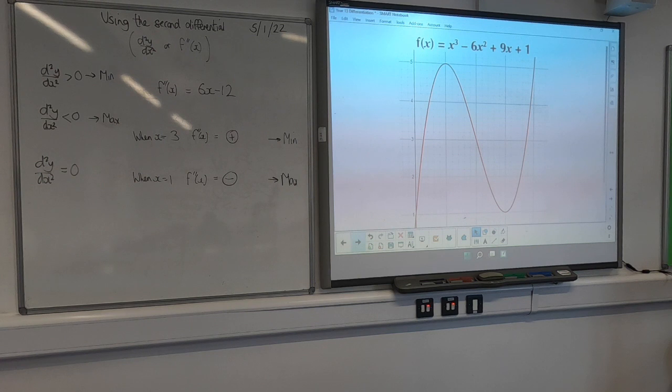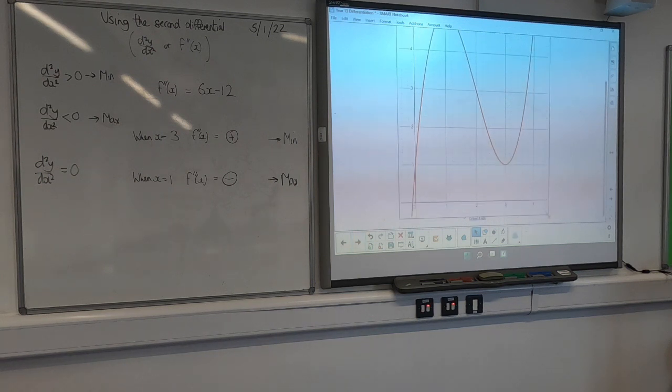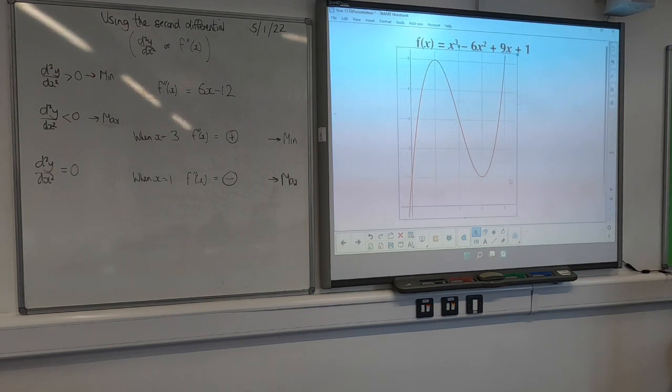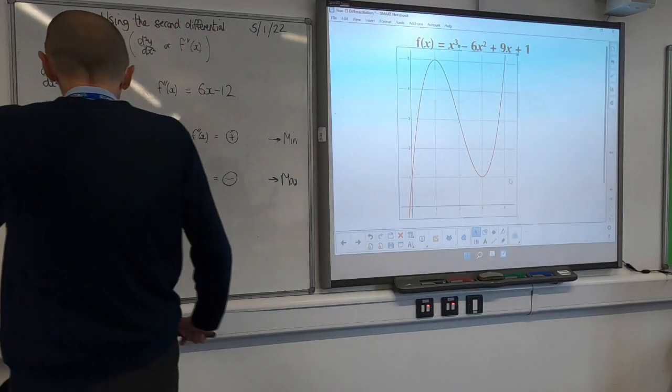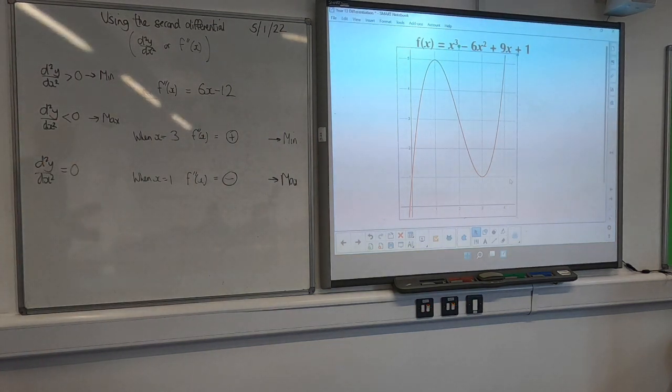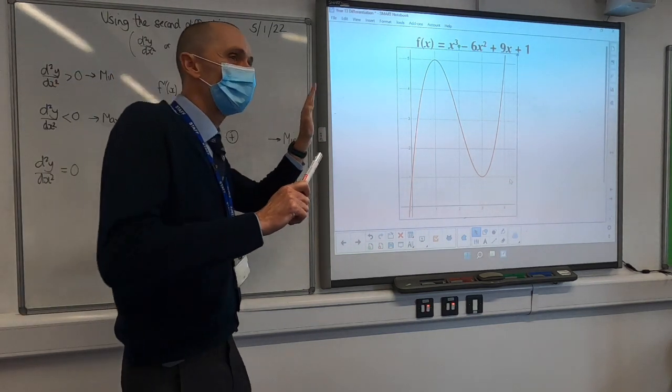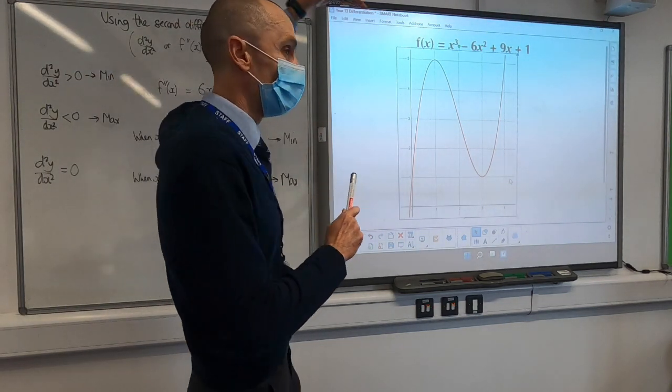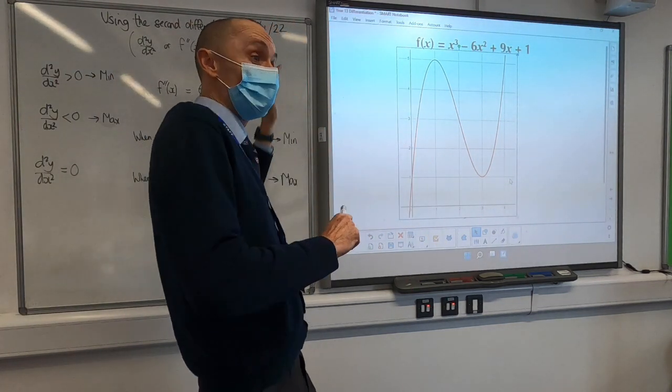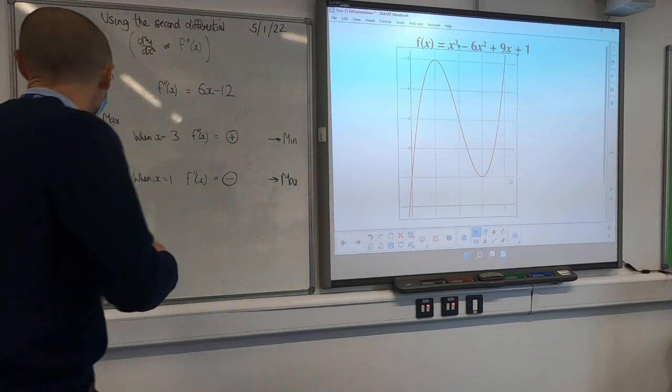So if I substituted in a different value of x, I'd still get a negative d2y by dx squared. I'm just going to shrink this down so that I can see the whole thing. And so actually a negative second differential doesn't just indicate a maximum, it indicates that we're dealing with a curve that's sort of going like this. And sort of going like this has a name. It is called